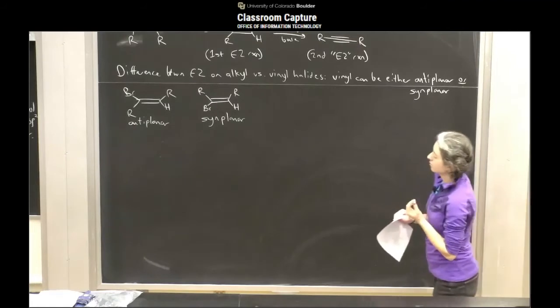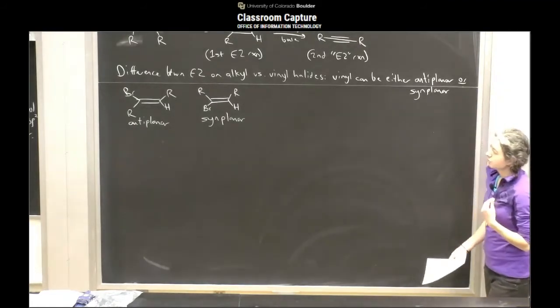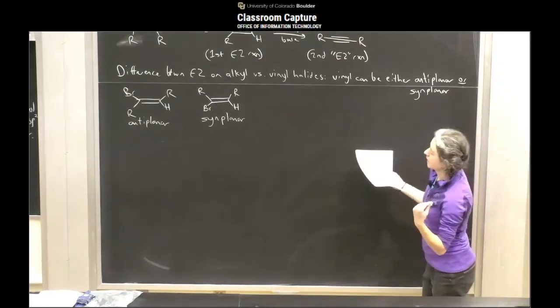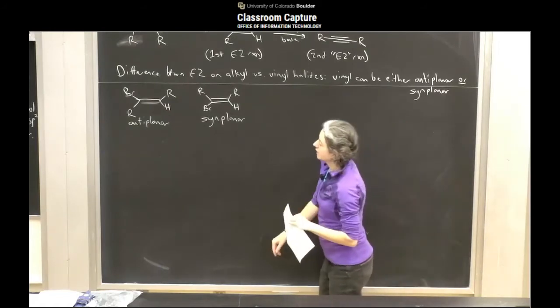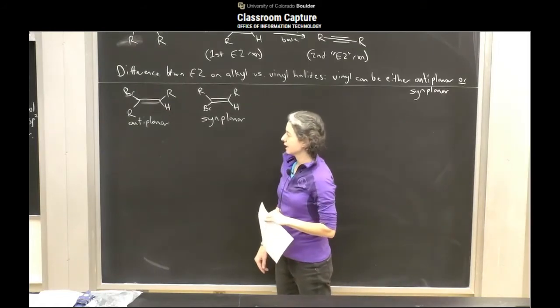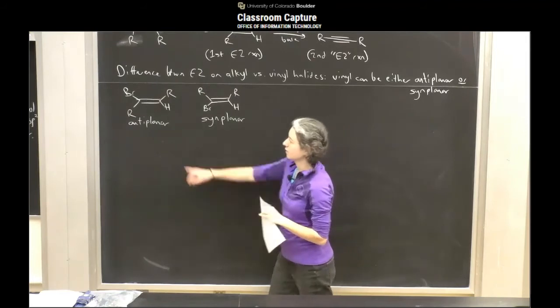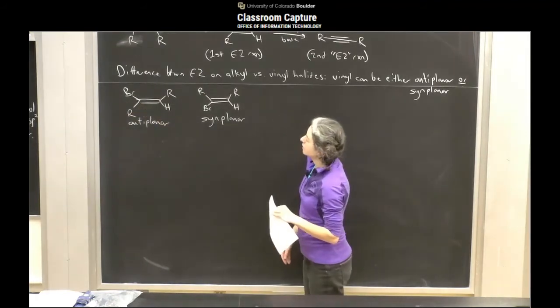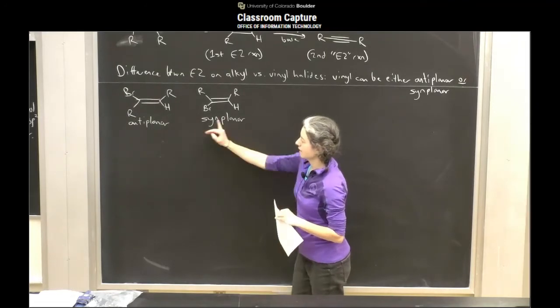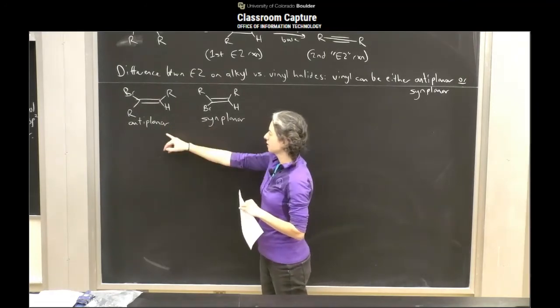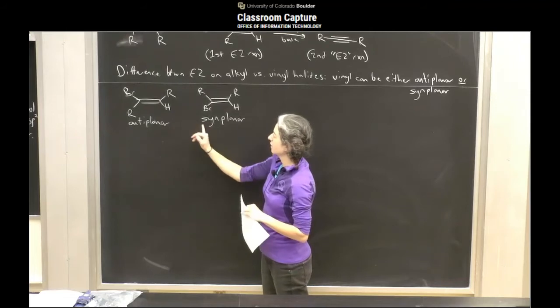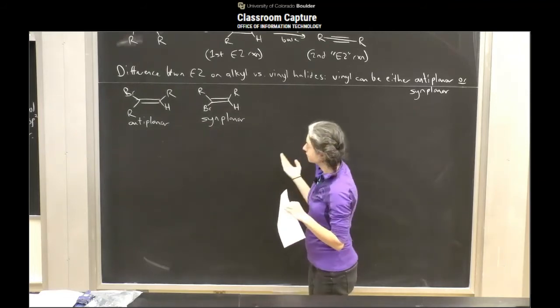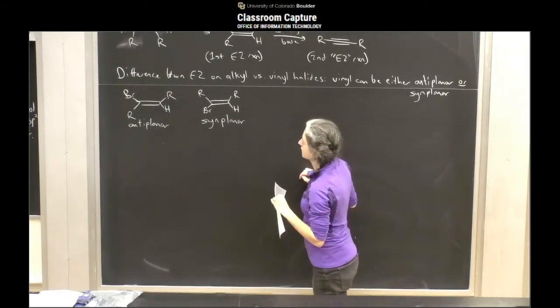Okay, so the reason for this is that before, when we were doing this on alkyl halides, really all the orbitals care about is that the four atoms that are involved, the halogen, carbon, carbon, H, all have to be in the same plane. So really E2 doesn't care too much about either one of these. In theory, either one of them should work for alkyl halides as well. The difference is for alkyl halides,